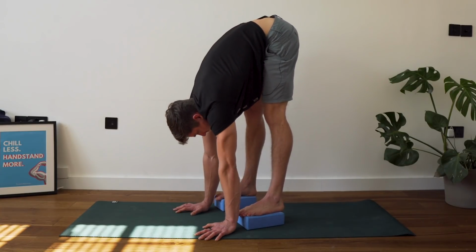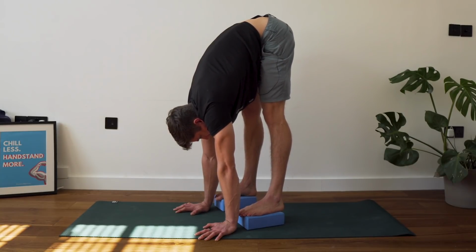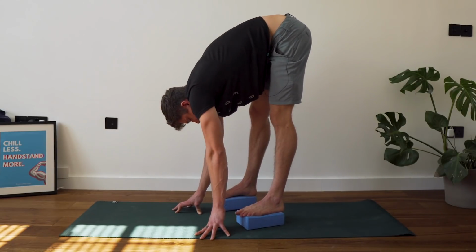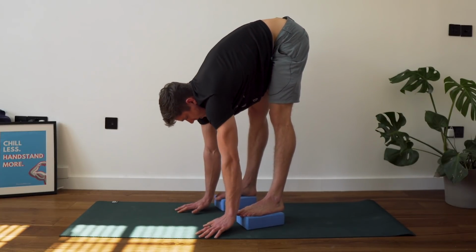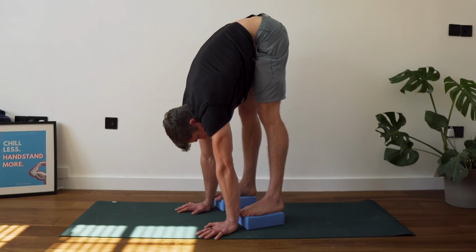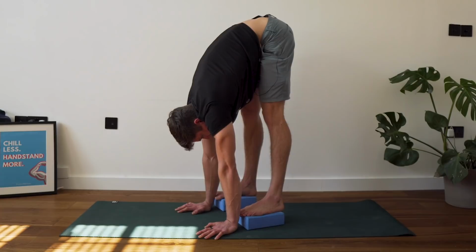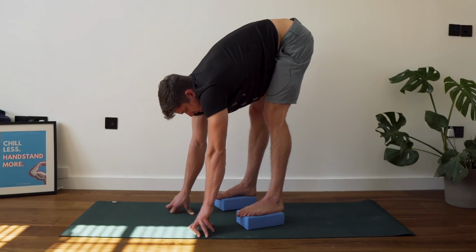And press. Really try to squeeze those quads during this press. And relax. We'll do one last one. You can come out a bit, shake it off. One last one. Press the palms into the ground. Press, squeeze those quads. And relax. Then from here,